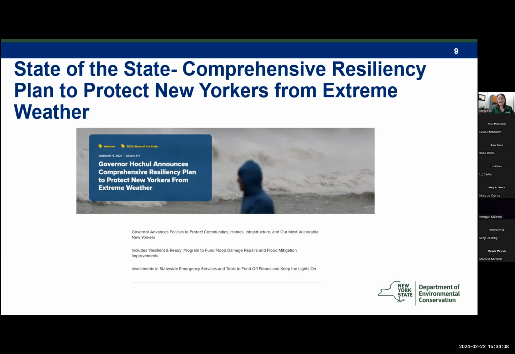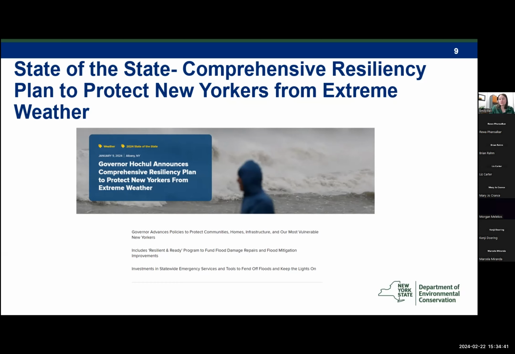There's many more. There's releasing the climate projections from the climate impacts assessment, updating coastal erosion hazard areas, protecting vulnerable New Yorkers under the extreme heat action plan, which is kind of a shift from the flooding, what we do when there's not enough water and when it's too hot, and protecting New York's infrastructure by repairing aging flood control projects and removing hazard dams,